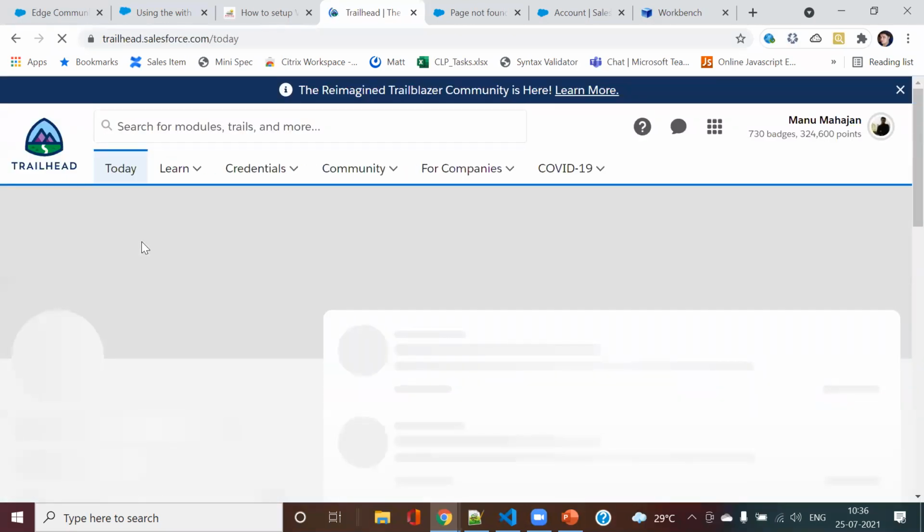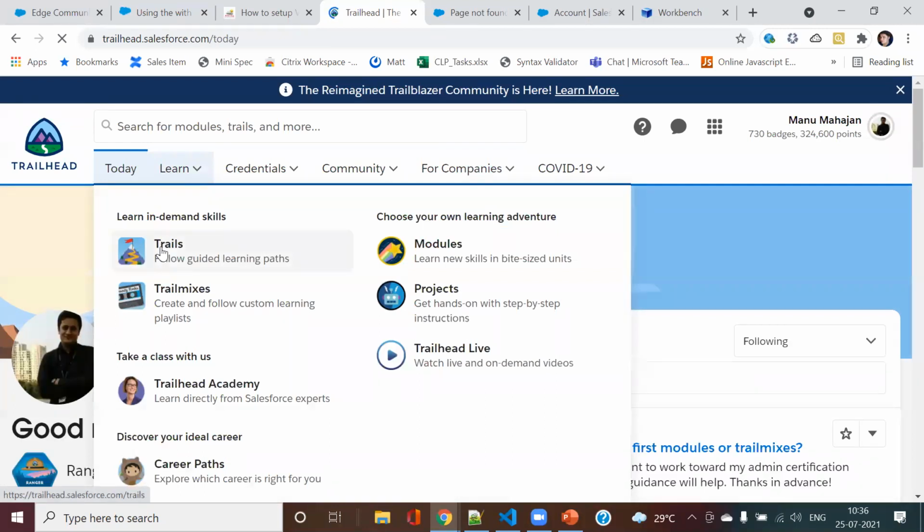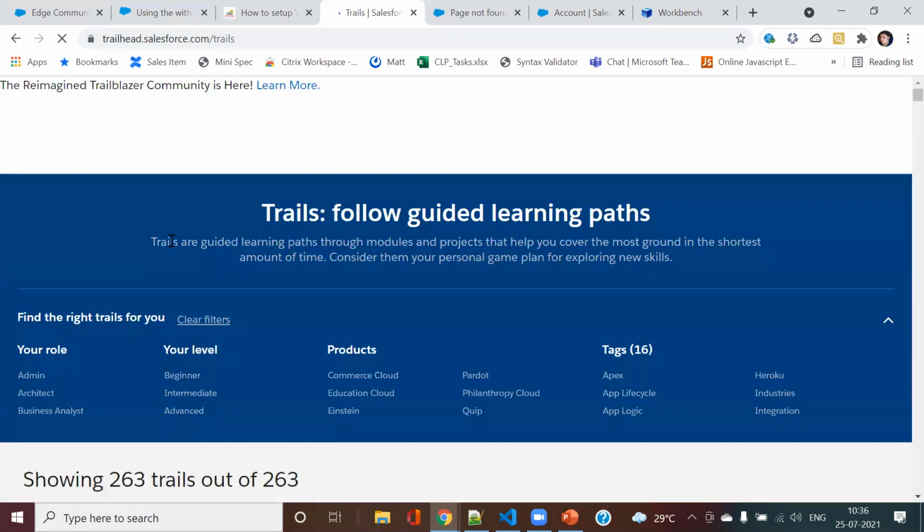Mainly this trail I would suggest to you, this developer one.